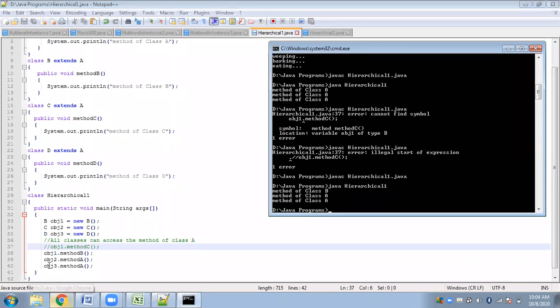See, objects 2 and 3 are invoking methods of class A, but object 1 is invoking its own method. Object 1 is invoking the method of its own class, that is method B. So therefore we have the result.